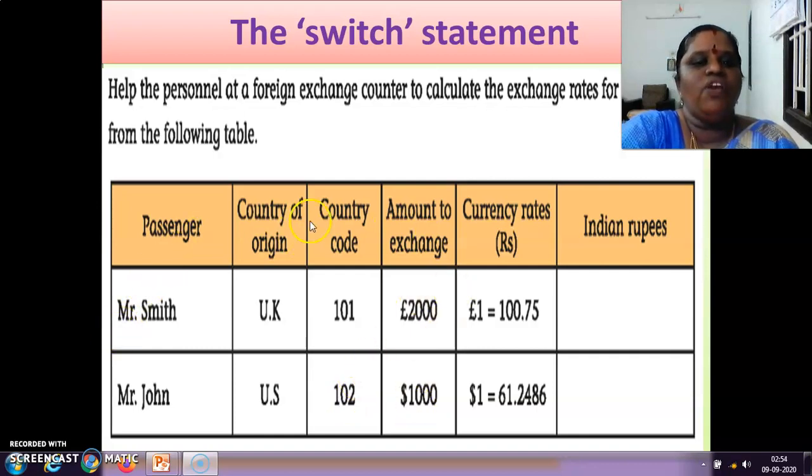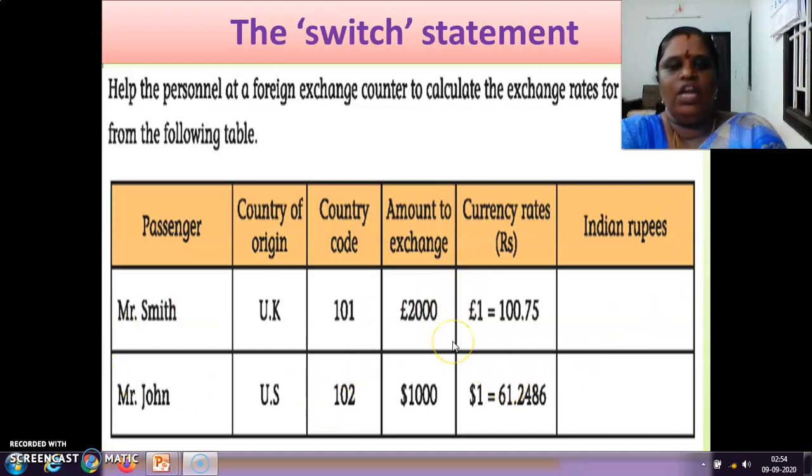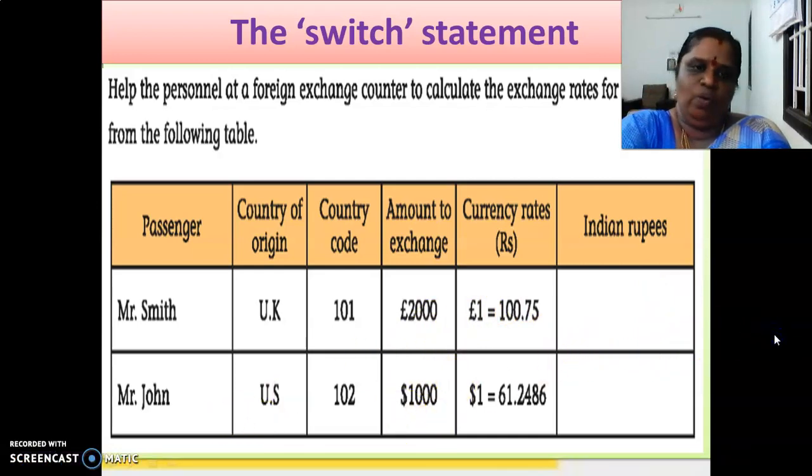You want to exchange the UK amount and US amount into Indian rupees. They are having their country code also. So currency rates also they are having. So this 2,000 rupees UK currency should be exchanged into Indian rupees, and 2,000 rupees US currency should be exchanged into Indian rupees.